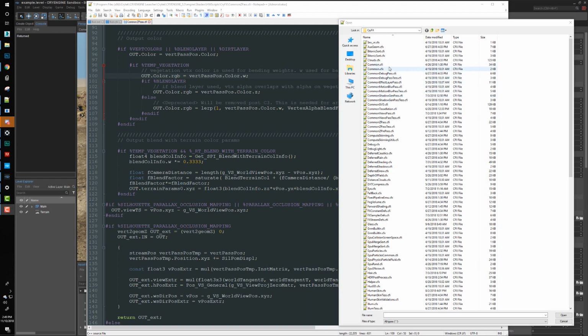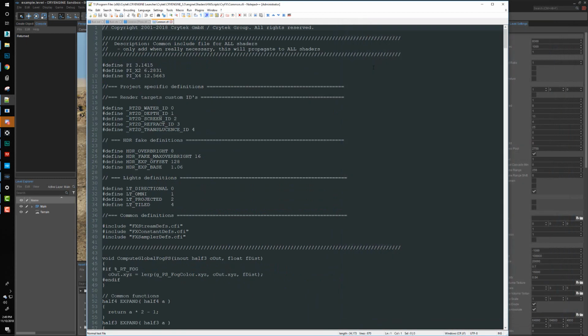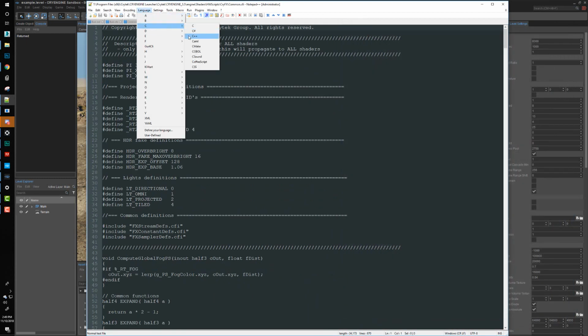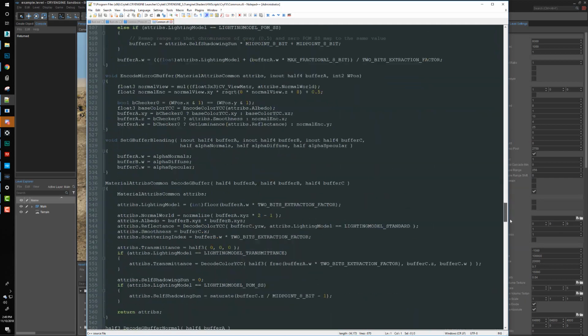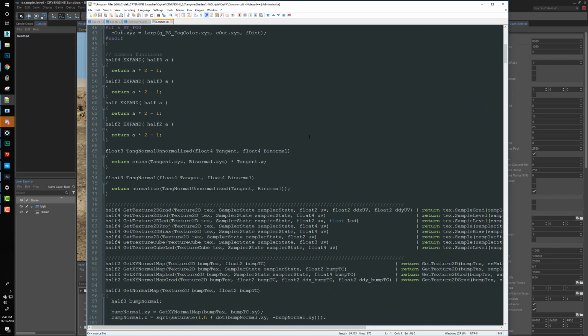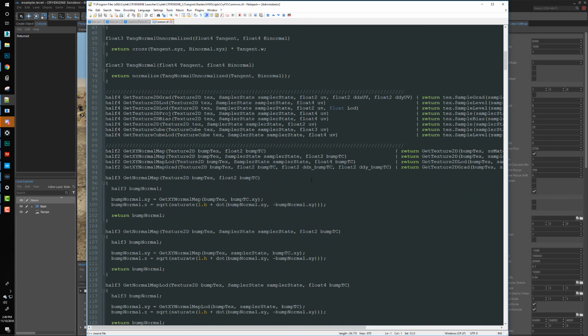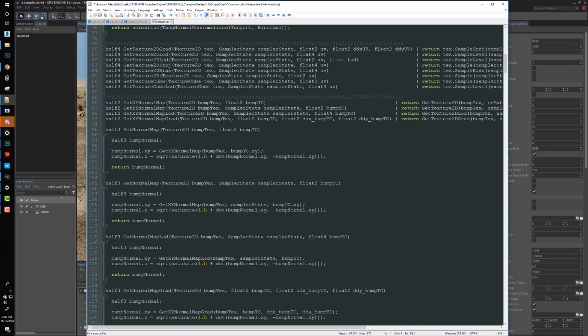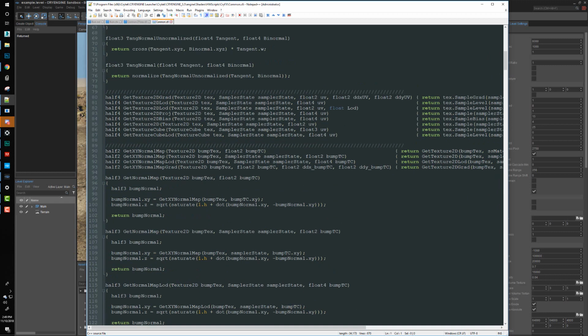So the first one that I always open is the common.cfi file. This includes a lot of things. As you can see, it's quite a long file, but don't get discouraged. This is the basic common stuff that you use in shaders. There's a lot of things like GetTexture2D, and this retrieves the texture from a variable. It returns it as a Texture2D type,